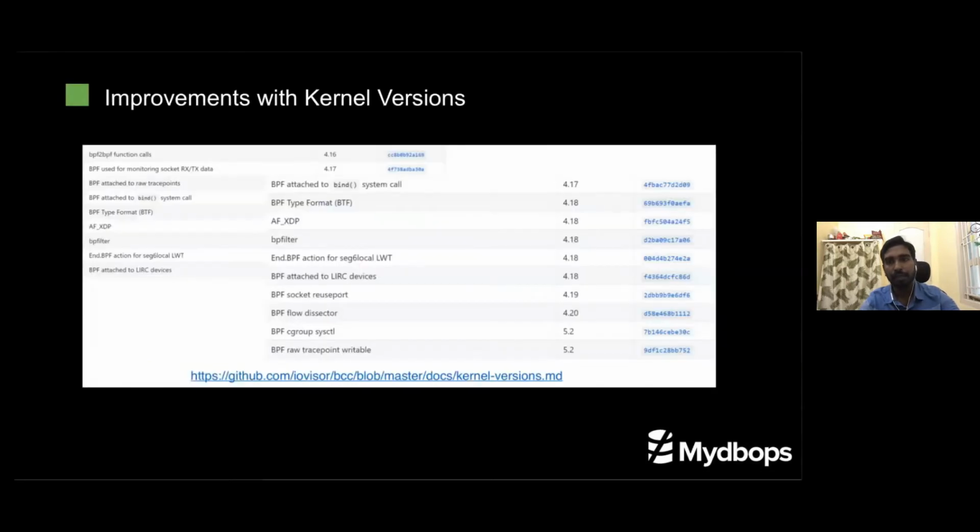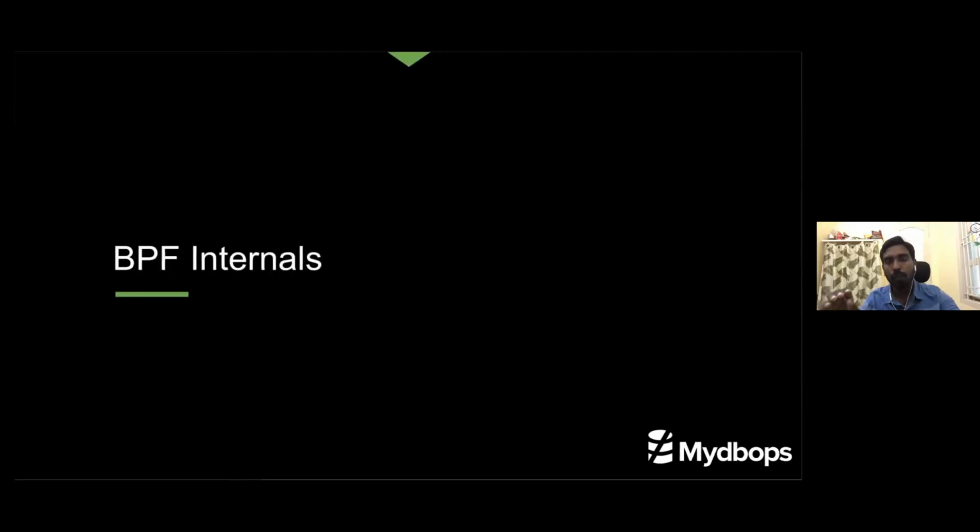Okay, so this is the Git commit page showing, for each kernel version, what they have done with respect to BPF. From now on, when I say BPF, it is actually just BPF. It's not an acronym anymore. Okay, now let's jump on to the internals: how BPF internally works to provide this efficiency of monitoring with respect to dynamicity.